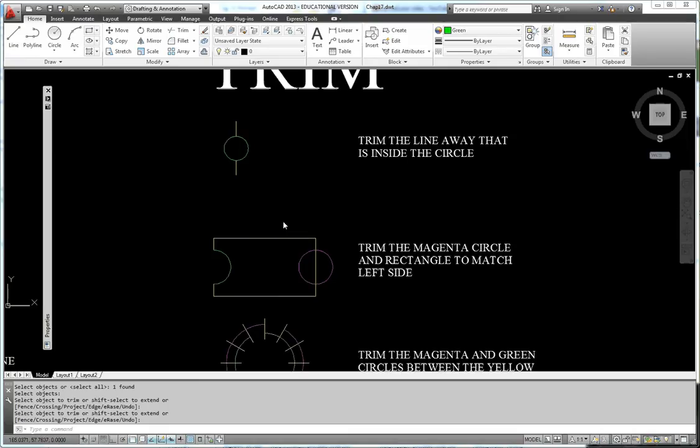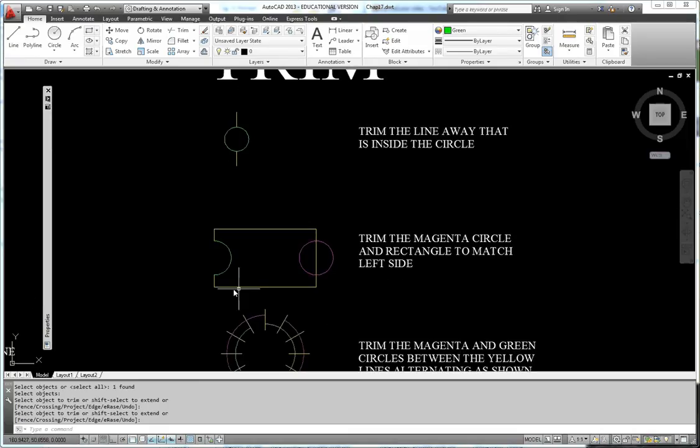I'm going to pan down a little bit and look at this next little example here. I want to trim the magenta colored circle and the rectangle to match the left side. So I'm wanting to cut this part of the circle away and this part of the line away. So in this case I'm going to have two cutting edges. The circle is going to be a cutting edge, and this yellow line is also going to be a cutting edge. So once again I'm going to pick the trim tool,